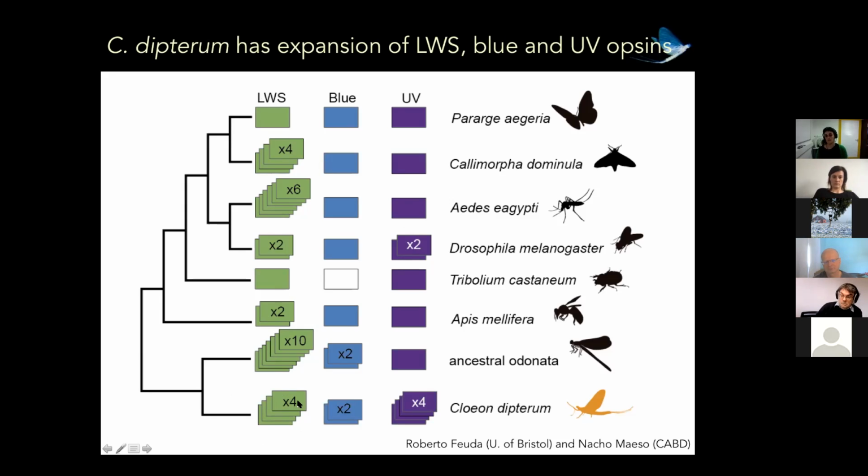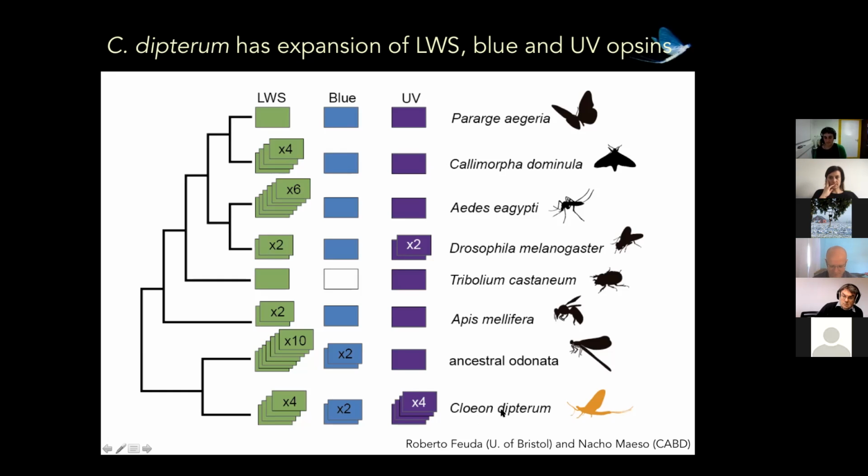But what was more interesting was that it has also an expansion of the blue sensitive opsins and the ultraviolet sensitive opsins. And with 4 different opsins, it was a really, really large expansion that hasn't been described so far in other organisms. So when we looked a bit more into the evolutionary scenario of these